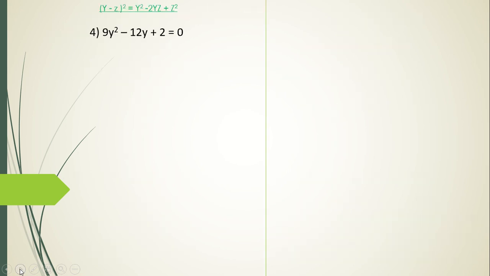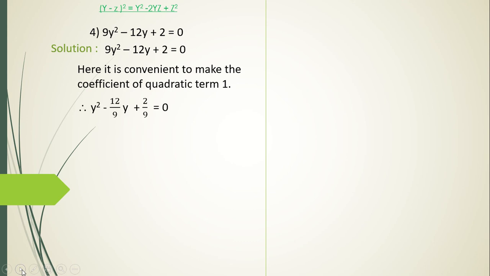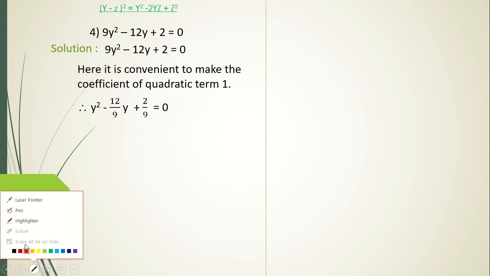Now the next sum, again here we have got minus, but one more thing, here we have 9 multiplied with the first term. So it is convenient for us to divide that by 9 throughout, so that here we should have 1 as the coefficient always. So we divide throughout by 9, so that here we get 1. Now what do we do? Same method. Compare the first two terms